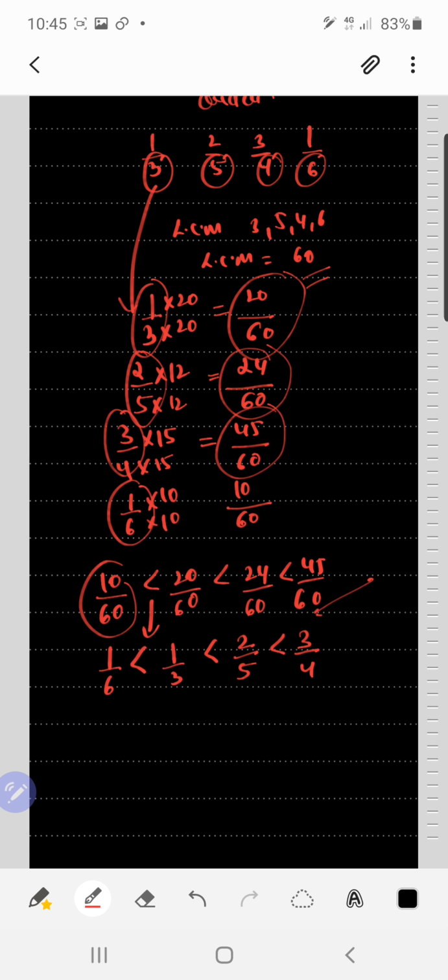This is the way we write it in the ascending order. My dear kids, if you limit your answer till here, maybe I'll accept it. Maybe school people will reduce your mark, 1 mark for not writing the original fractions. So make sure that you complete your answer by writing the original fractions in ascending order. Clear? Similarly, you have your problem number 2, 3, which you have to do on your own.